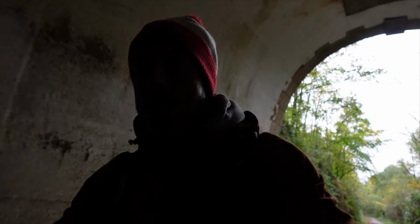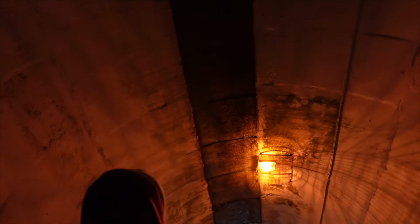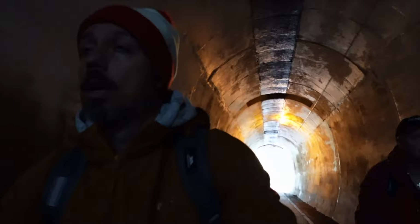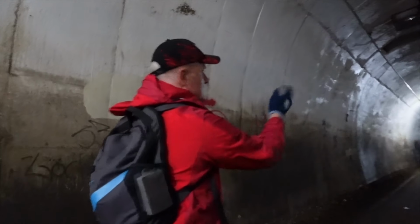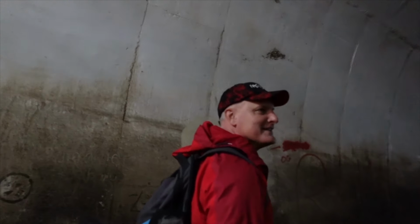So we're in that single tunnel now, and just above you'll see there's those little rectangular blocks. Now these, I mean that sound is amazing. That is where the electrification sat. You just see that in that block there. Have you noticed that those blocks would have been to avoid having a downward overhang, to keep the dimensions as high as possible for the pantographs on the locos? So the stuff holding the wire up was actually fitted inside the bore, as opposed to hanging down. I mean, Phil, your voice is booming at the best of times, mate, but...